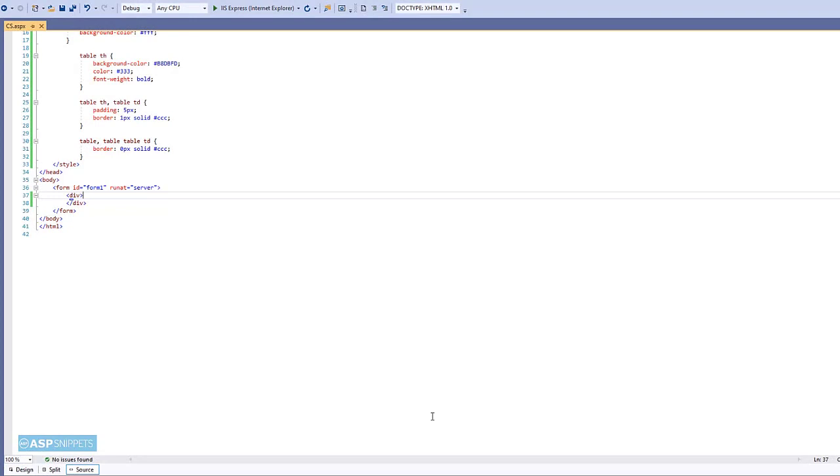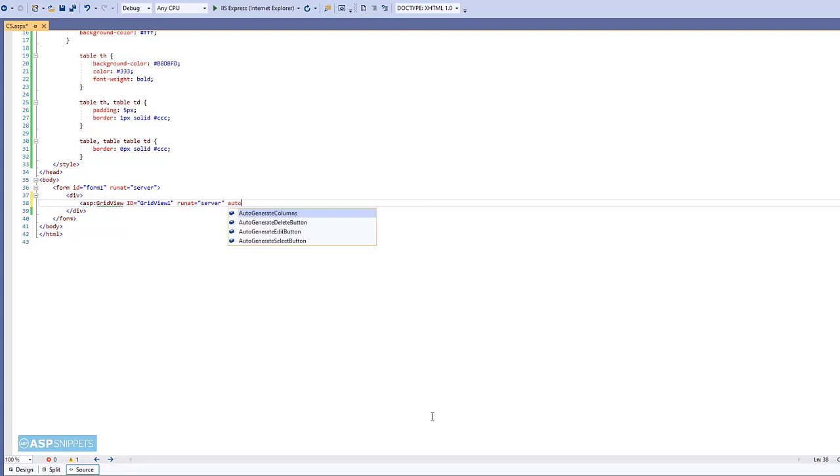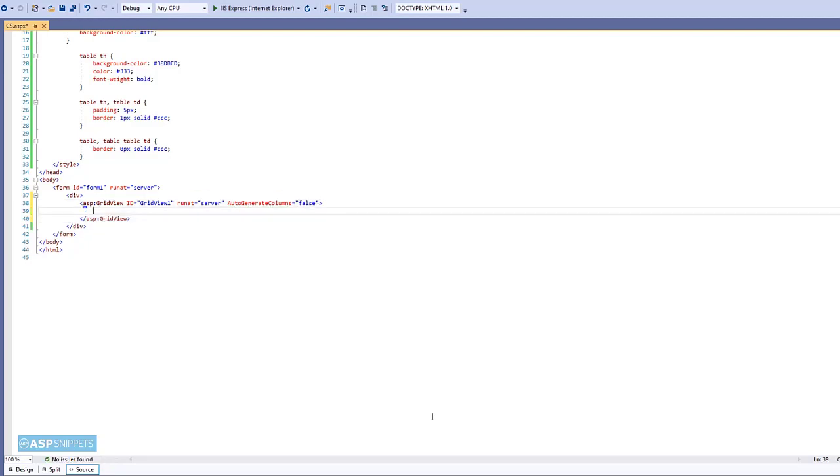So let's start. We'll start by adding a GridView control. Now I'm adding columns to the GridView.